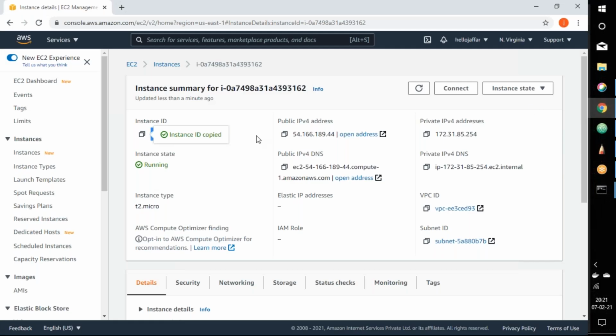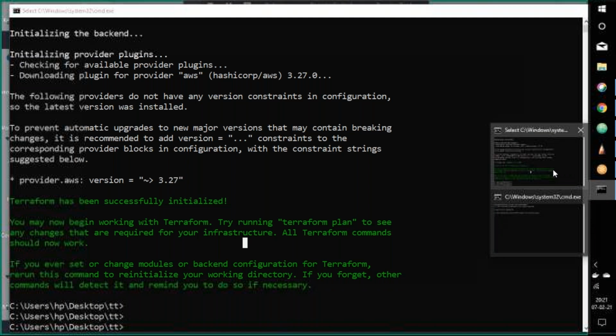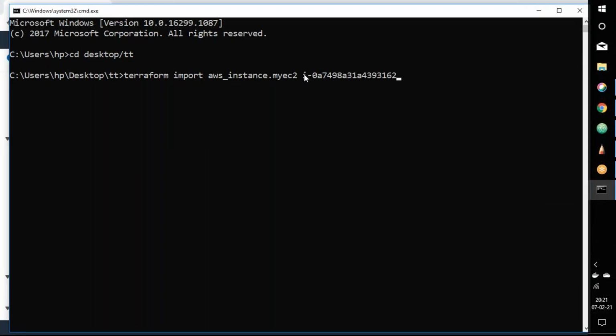If you look there, this is the resource which you are trying to import, and this resource has an ID. So let's use this ID and put it in our code. So let's execute this command.